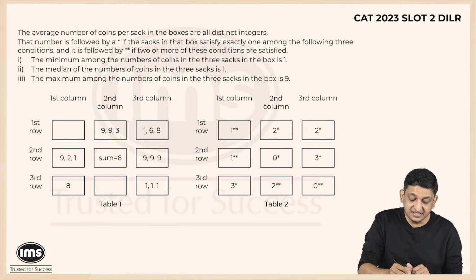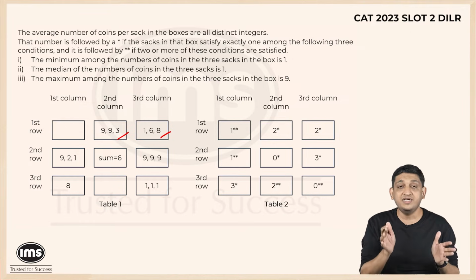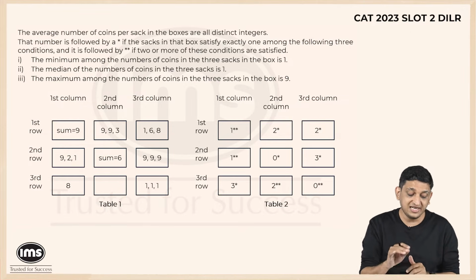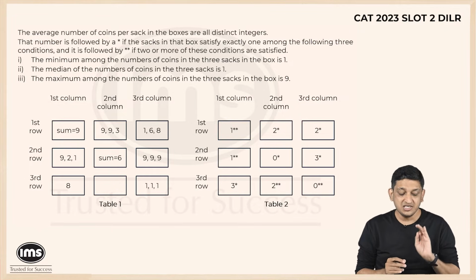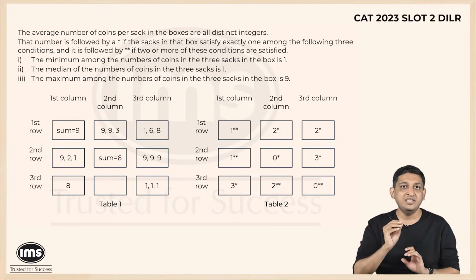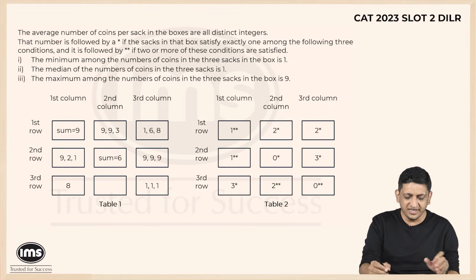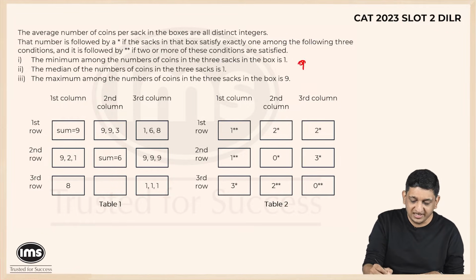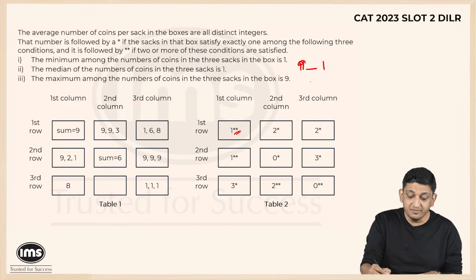Now that tells us that if this is 9, 9, 3, this is 1, 6 and 8. We have already accounted for 21 plus 15, that is 36 coins. That tells us that the sum of the first row first column is 9. Now we already knew some data points. We knew that 9-1 or -1 would have been the only 2 conditions that would have been possible, right? So those were the things that we knew for sure, and we'll be able to figure out very easily what happens in the first row. Because what we did earlier was, we knew that it was either 9-1 because 2 conditions are satisfied because there are 2 stars, or it will be -1-1.